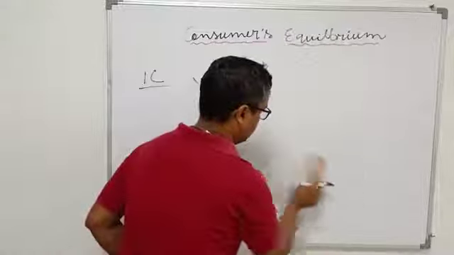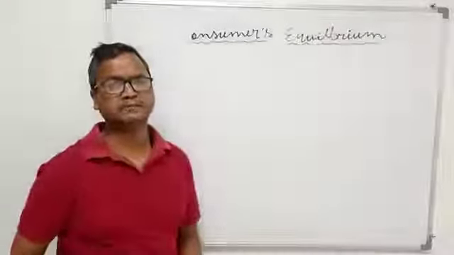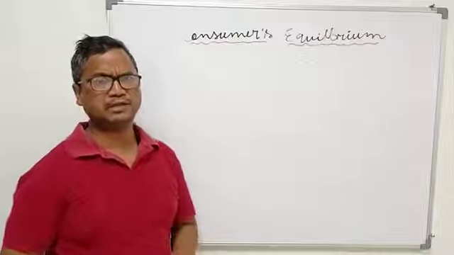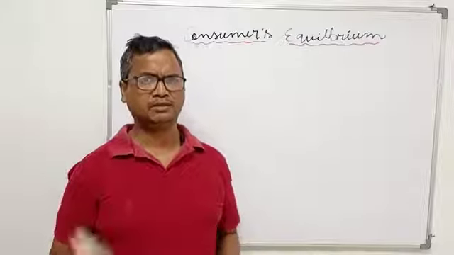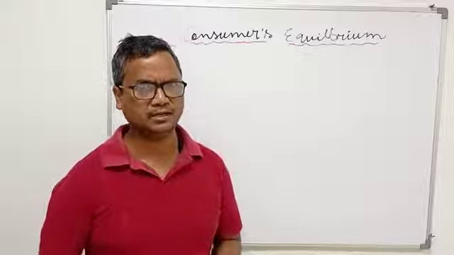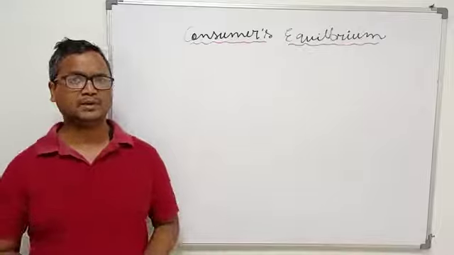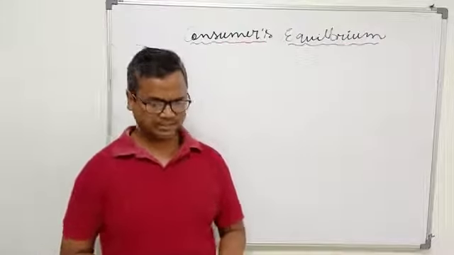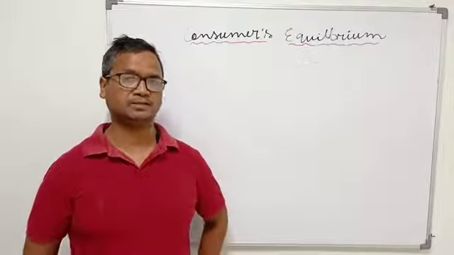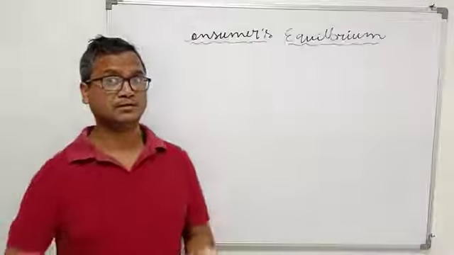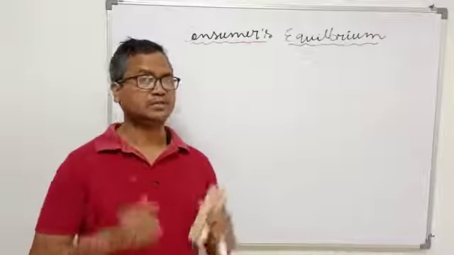As a consumer, as you know, our target is to achieve the maximum level of satisfaction. But it's not like whatever satisfaction you want, you will achieve. No, there must be some constraint. Even if our target is to achieve the highest level of satisfaction, it is restricted. How is it restricted? Exactly, your budget will restrict you, whether you can achieve the 5th indifference curve or the 10th indifference curve. Your budget will determine that.